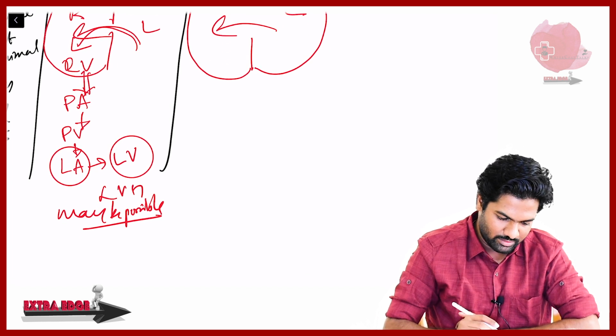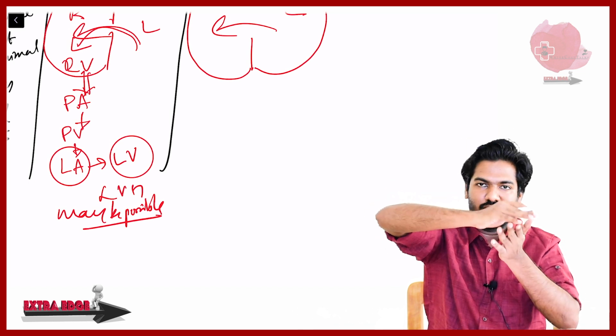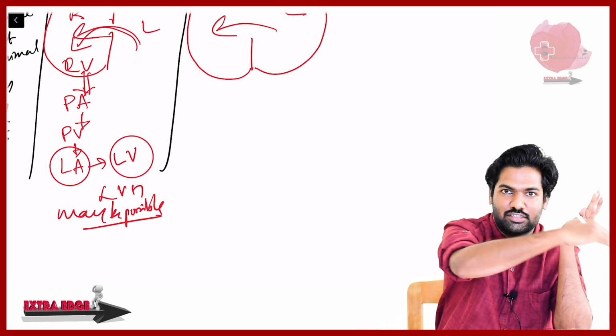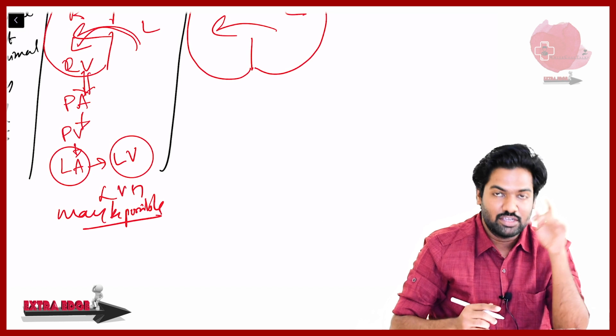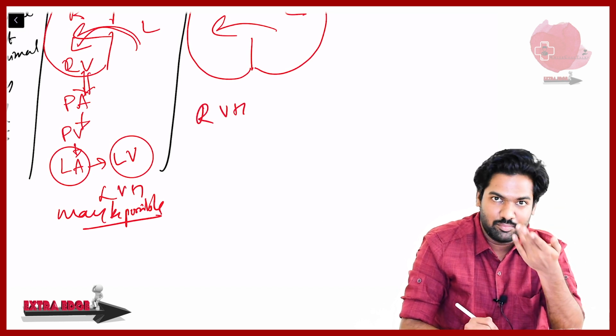When it is going like that, because the VSD has increased so much, it is not only the volume shift, it is even the pressure shift which is now affecting the right side. Okay, not only the volume shift but even the pressure. Here the first effect you can see is RVH. It will immediately form RVH.